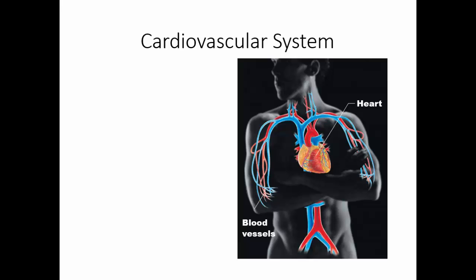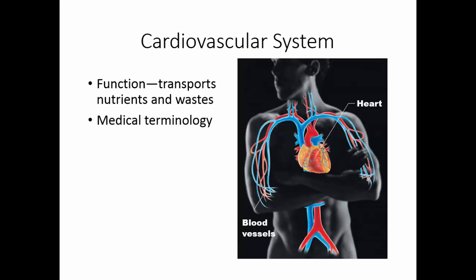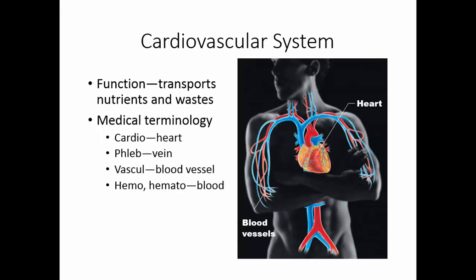The cardiovascular system is composed of the heart, the blood vessels, and the blood. The function of the cardiovascular system is to transport nutrients and waste throughout the body. Some of the terms that help you here are cardio, which means heart, phlebe, which means vein, vascule means blood vessel, hemo or hemato at the beginning of the word means blood, and emia at the end of a word